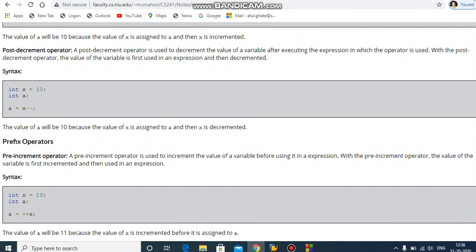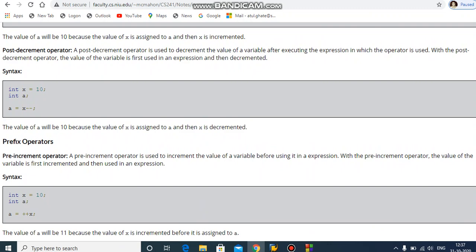It is a very important point for the difference, and for the board exam also. Okay, so the syntax is int x equals 10, then int a, then a equals x minus minus. It will first use the value of x, that is 10, which is assigned to the variable a, then x will be decremented. So the output will be 10.